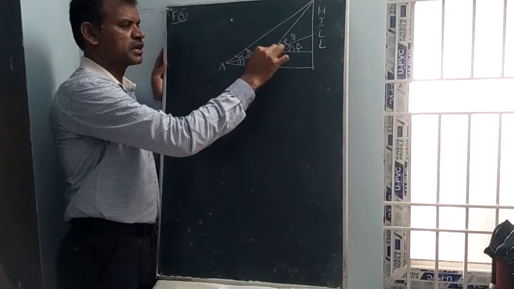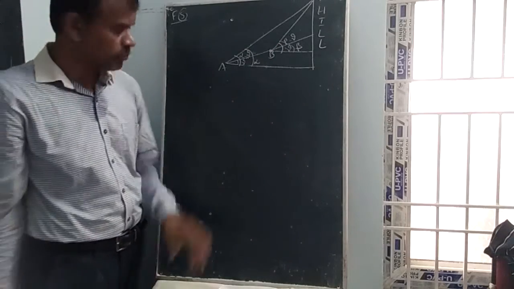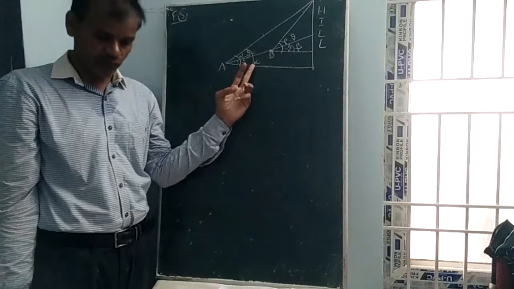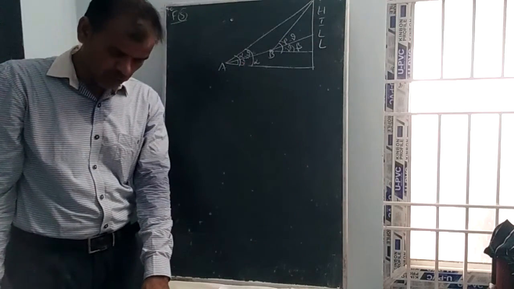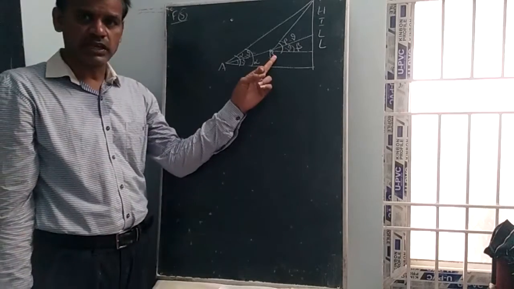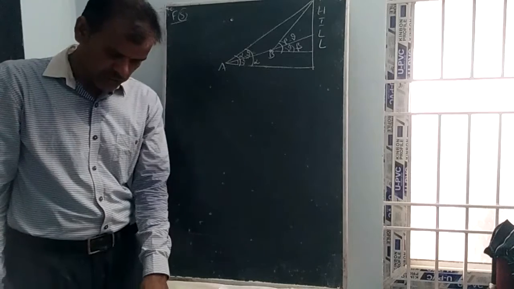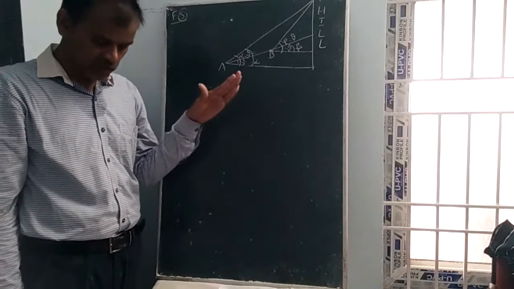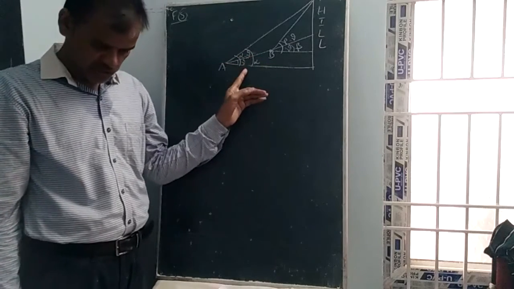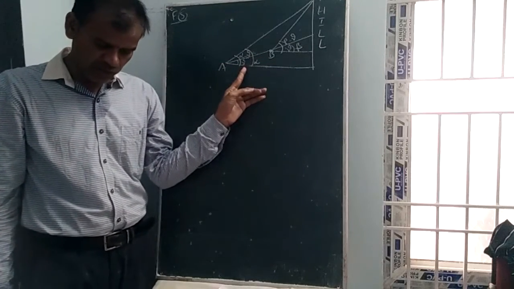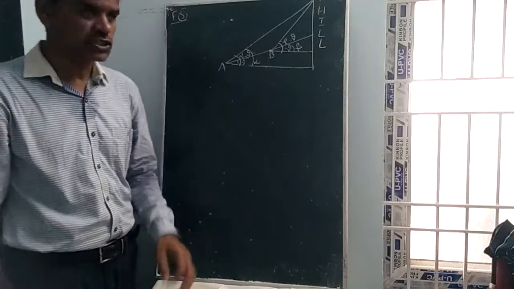This is the point capital B. The angle of elevation of a hill from a point capital A is alpha, full angle alpha. This is the hill. Now after walking to some point capital B, he is ascending the hill at a distance of a meters from A on a slope inclined at gamma to the horizontal. Horizontal only we have taken. The angle of elevation was found to be beta. The height of the hill h is equal to dash.